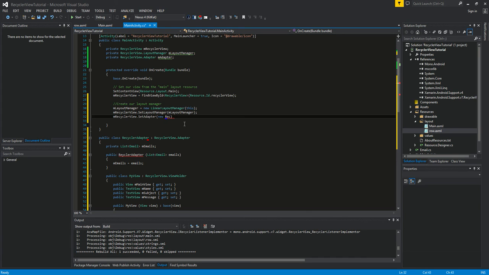Whoops. Sorry guys, I misspelled that. Recycler. So I spelled it right the first time, not the first time, or the second time, not the first time. All right, so